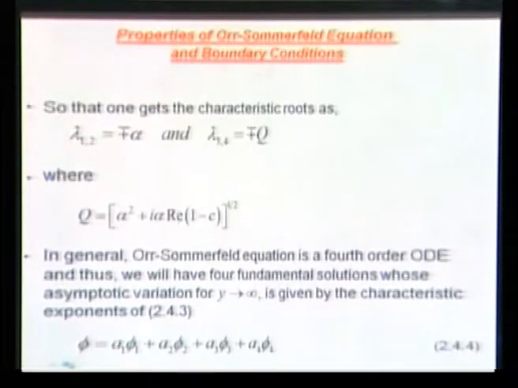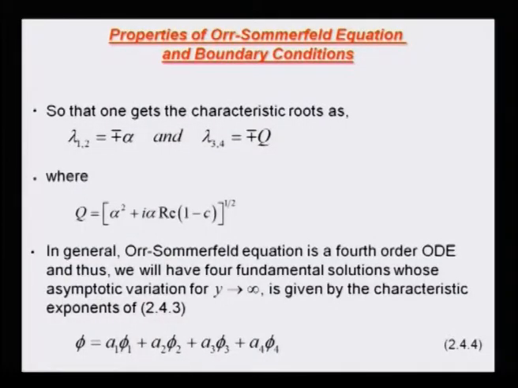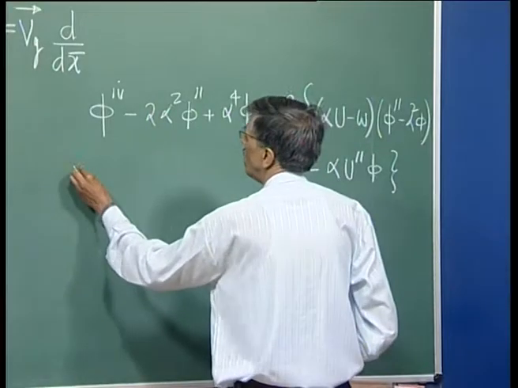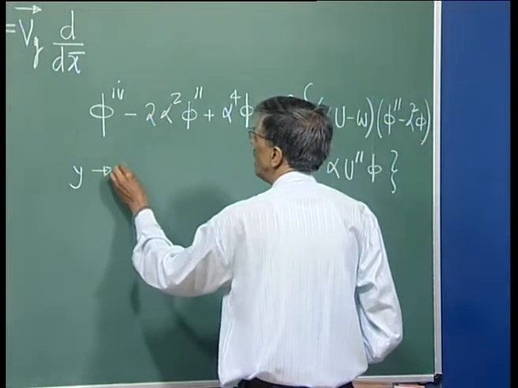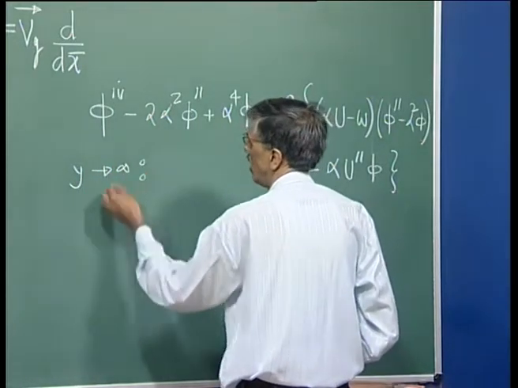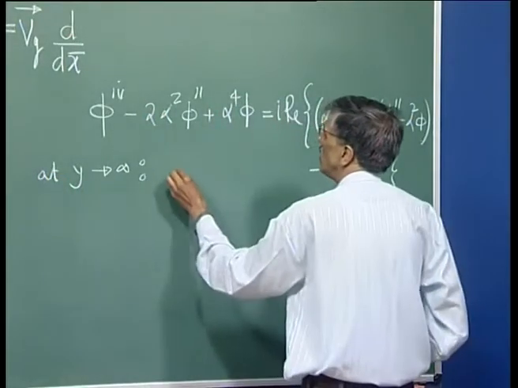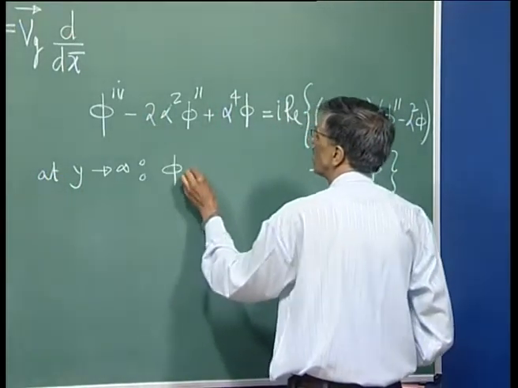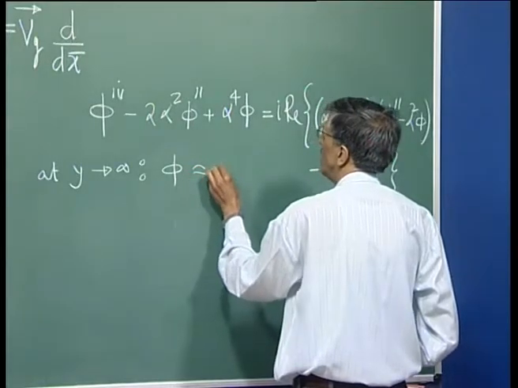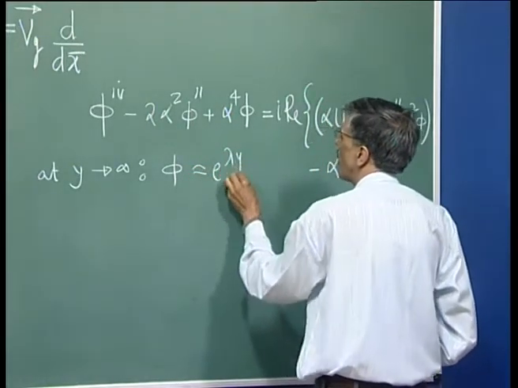Remember that, let me explain to you what it is that we are doing here. A little bit of explanation would not hurt. We are talking about y going to infinity. So, this equation is a constant coefficient ODE. So, let us write it down: phi is equal to e to the power lambda y, and